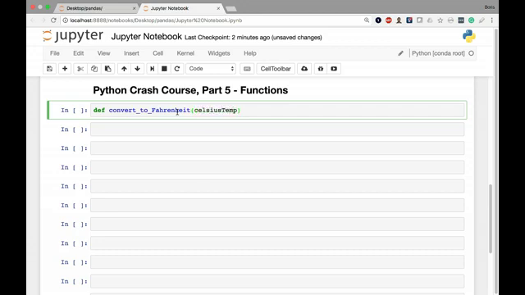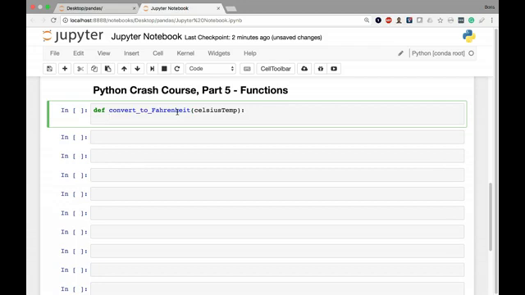So within my function body, celsius_temp is going to represent whatever number the user is going to give this function. Afterwards here, I have to place a colon and then do a line break. And Python bases its function definitions on line indentation. So the function body, which is basically the interior of the function, has to be indented. So you can't just start writing code here. It won't work. It'll trigger an error. So we have to make sure that we do either a tab or 4 spaces here